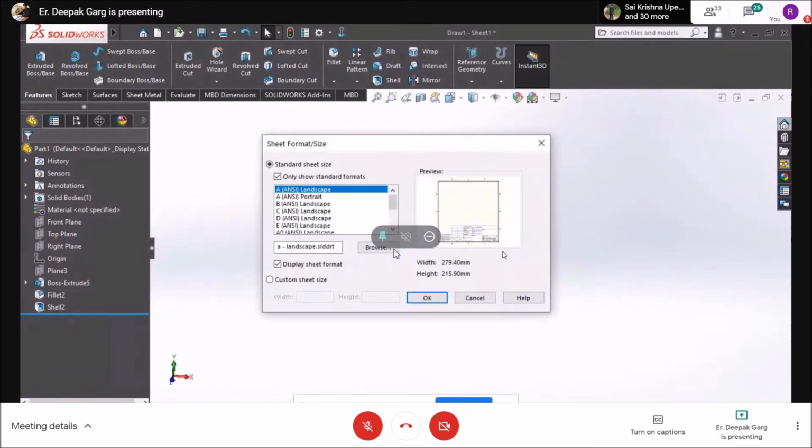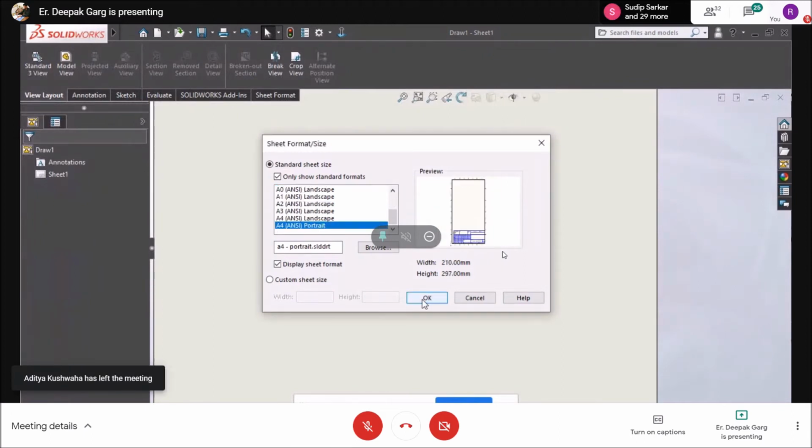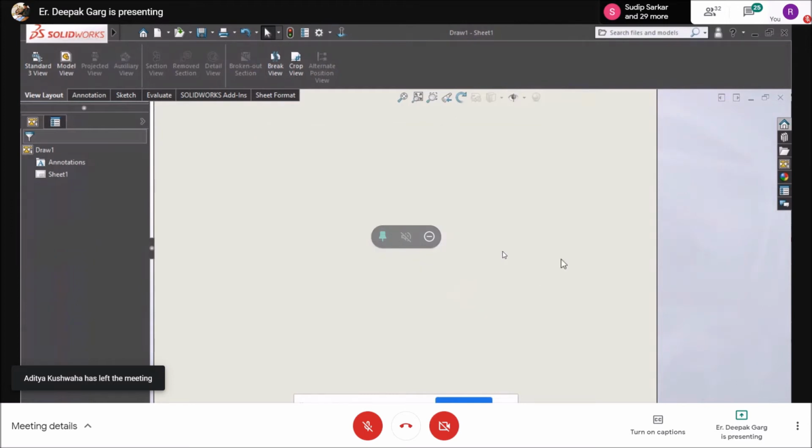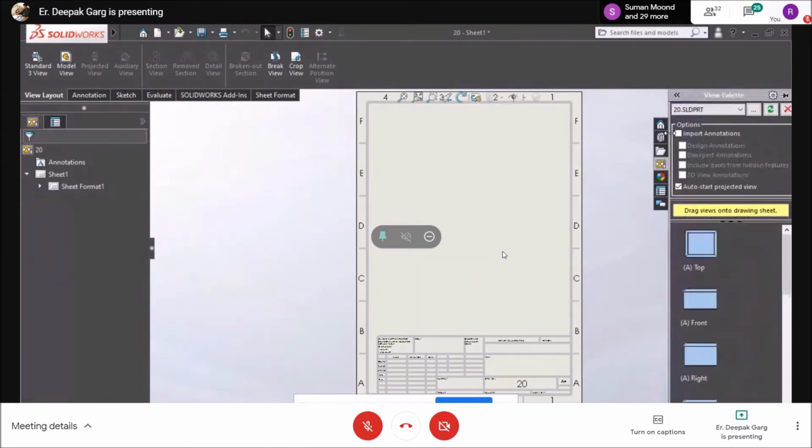Now a drawing window will open. Now I have to select a page size. I prefer this portrait size. Click on OK. Now you will see that you have to drag it outward. Now you can see that there are some of the views available. Suppose I want the front view,